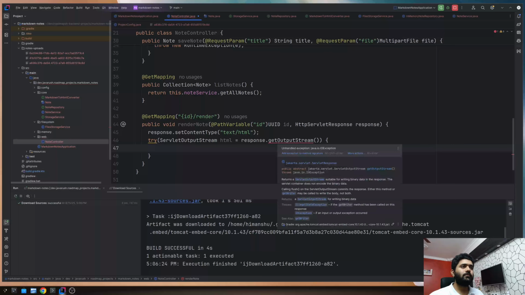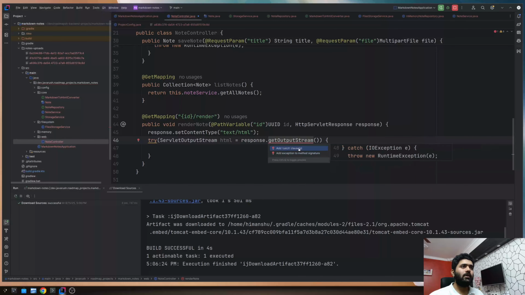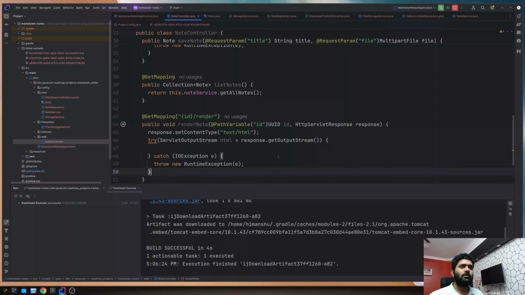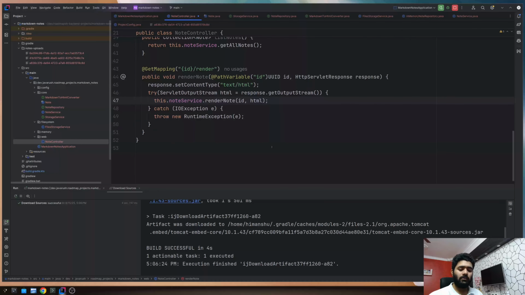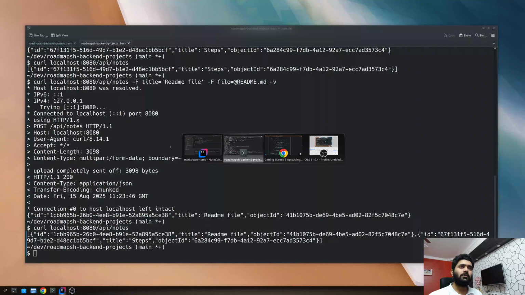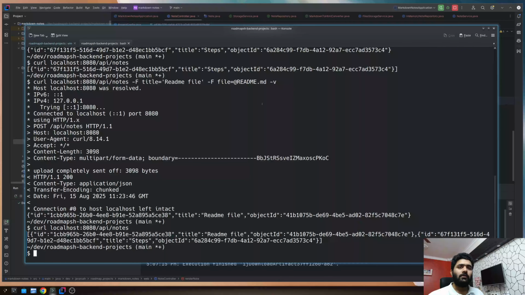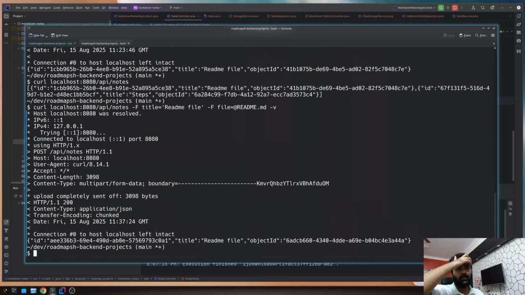and catch. Here I will do this dot node service dot render node via id and output is HTML. Save it and let me restart it. Now let's upload one node. So I will upload this readme.md here,